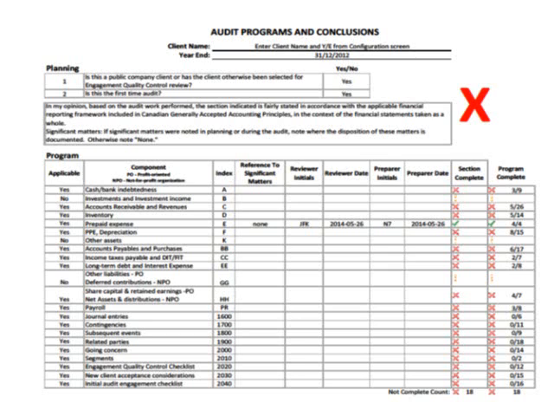So once all of those lines complete and all of the double red X's disappear, then the big red X at the top of the page goes, and we know that logically at least, consistently at least, we've initialed every box, we've filled out every gray box, we've indicated whether or not there were significant matters, who did the review and who did the preparation has been filled out everywhere, and that level of documentation at least has been complete. Now we still have to apply professional judgment to determine and conclude that the procedures we selected are in fact appropriate. The math of this Excel spreadsheet isn't going to tell us that, but it gives us a running head